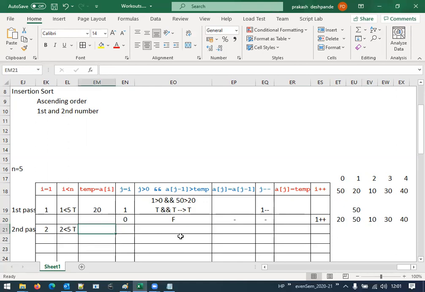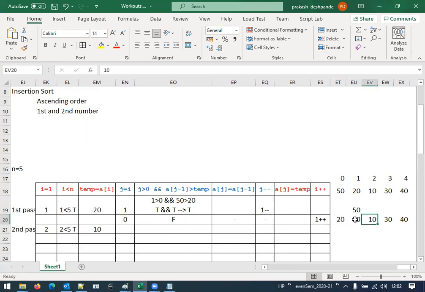Now temp will get the value 10 here. Now we are focusing upon this number, that is 10. Out of these three numbers, what logically we will try to do is that this 10 we will keep on comparing with its previous numbers, and if we find that this is the smallest number, then we will post it at the leftmost side, or else insert it at the proper position, right? The second number will be compared.